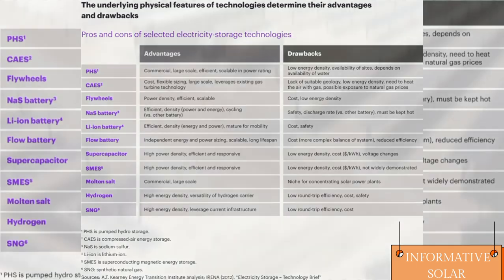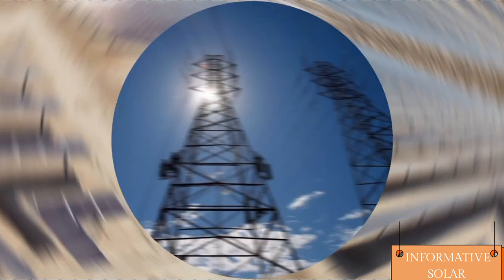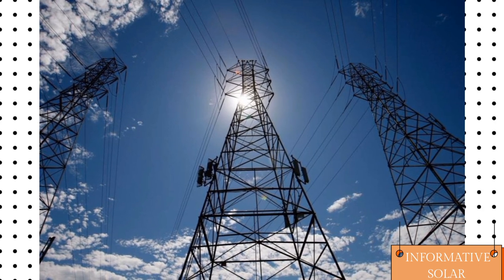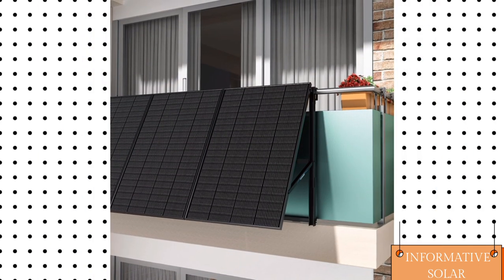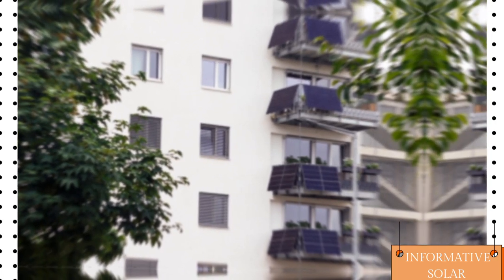For anyone who wants to learn more about this, where should they be looking? Keep your eyes on the research coming out of university labs, the pilot projects from innovative companies, and the policy decisions being made around grid modernization and incentives for energy storage. That's where the future